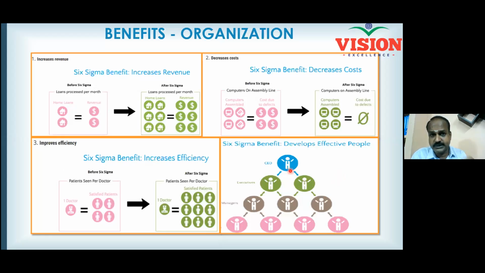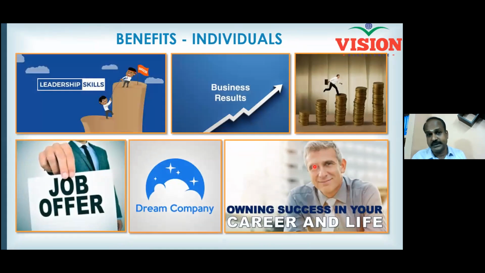And you will see to it that the people under you are also trained similar to you. And so the whole organization can now enjoy the benefit of having effective people, and the organization can grow very fast, right? With effective people in place. Similarly, individuals, by learning the Lean and Six Sigma tools, techniques and methodology, can be highly benefited